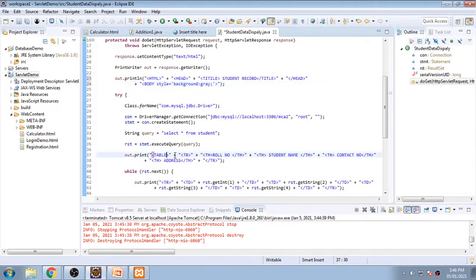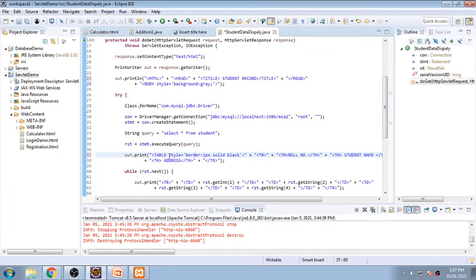Now in the same way, in a table I want to give a border like this. So again style is equal to single quote, and you will be giving your style sheet called a border. So border colon, I want to make it 1 pixel, space, it should be solid, and it should be black in color. So I have given all my features in one single line.